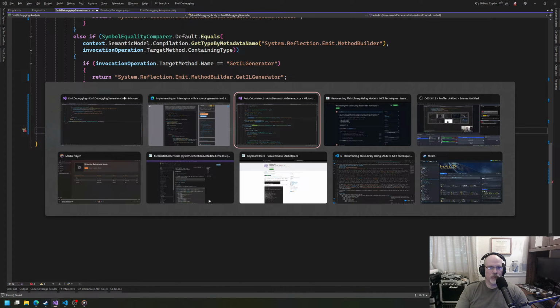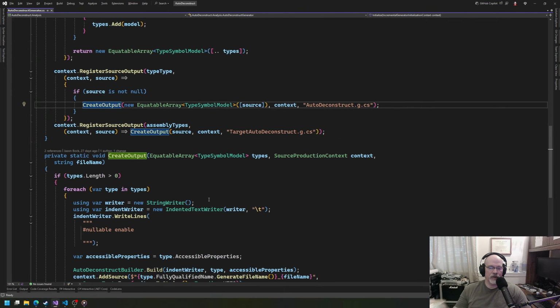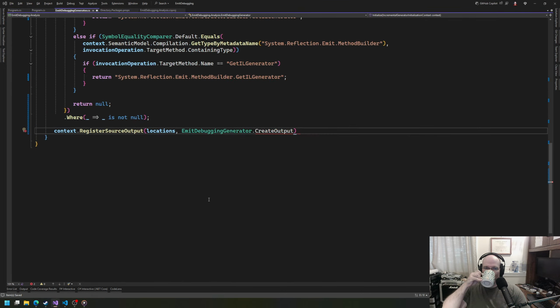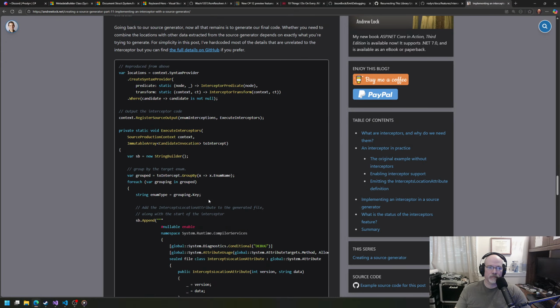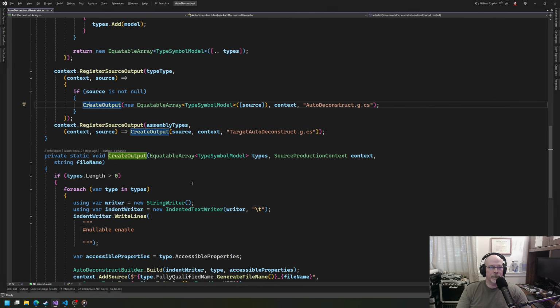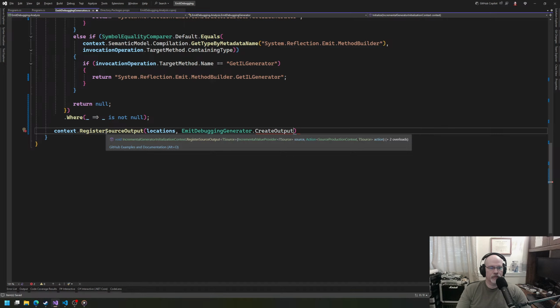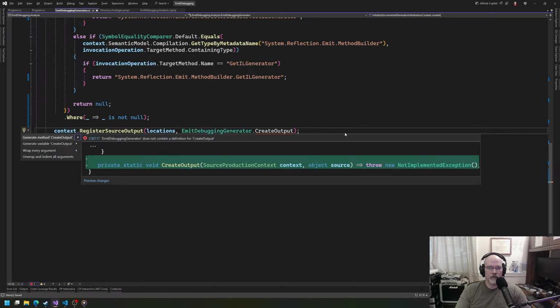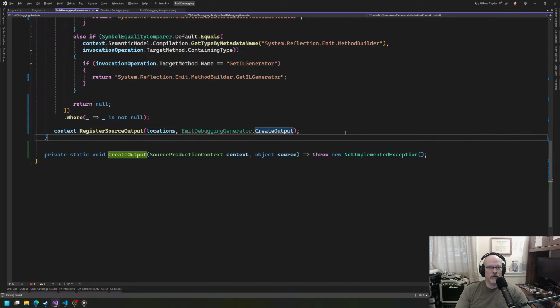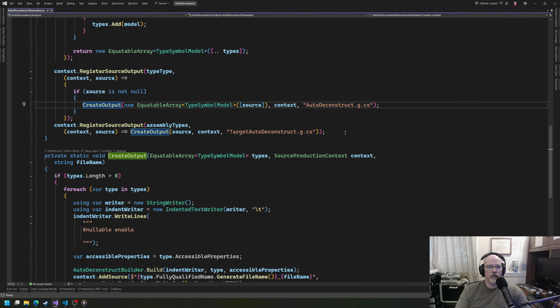Sorry, I'm looking at a couple things here just to get my source production context and the source. Whoops, semicolon. Okay, can you generate that? Thank you. Except, okay, now I'm going to want to come here and do the fashionable